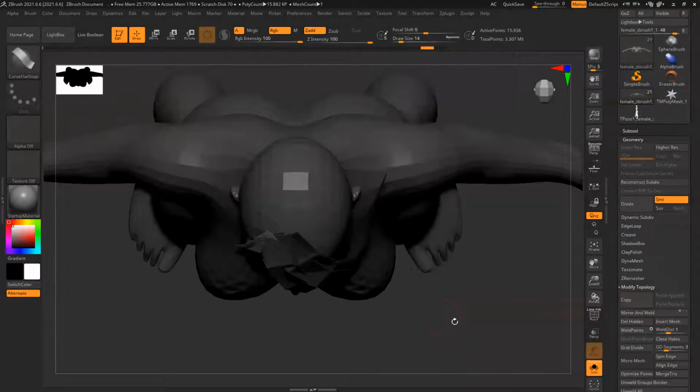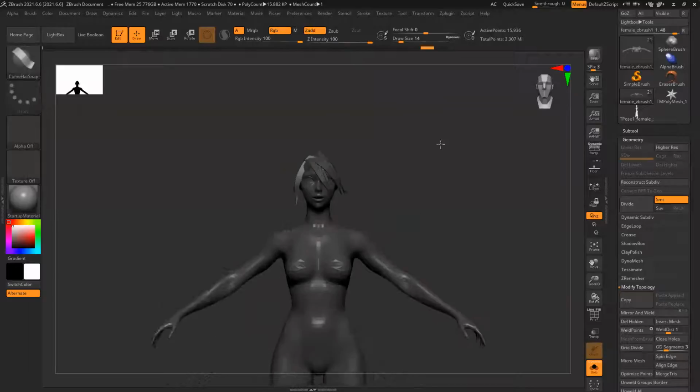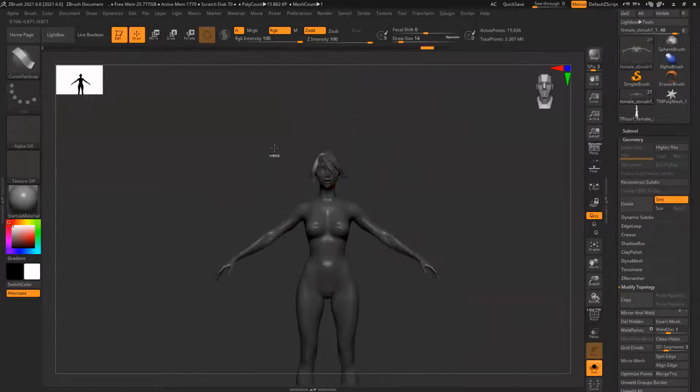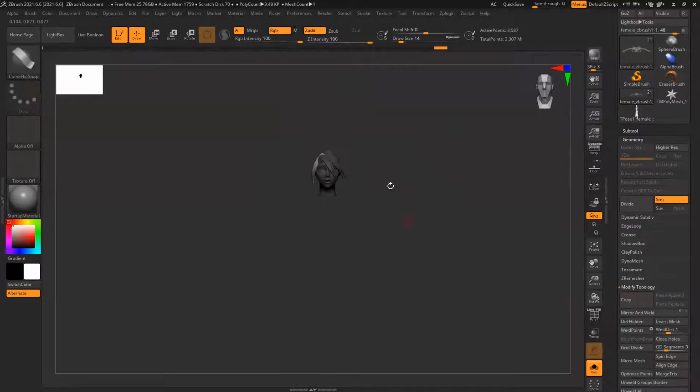Isolate body, control shift, only keep the head.